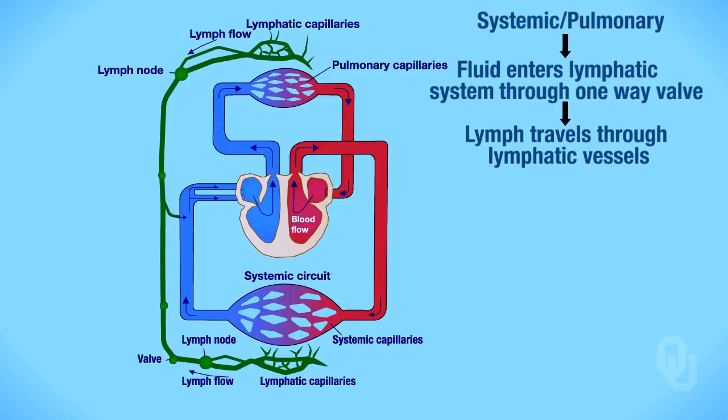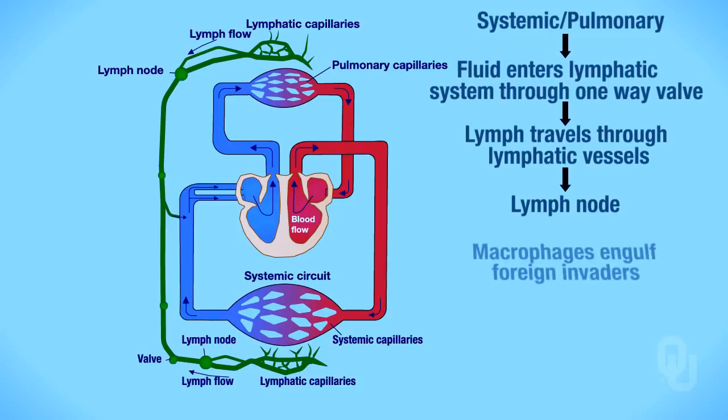As the lymph travels through the vessels, it will encounter a lymph node. So that lymph has to go through that lymph node, and when it's in the lymph node, macrophages are going to engulf any kind of foreign invader that are in the lymph. After the short stay in the lymph node, the lymph will continue on its merry way through the rest of